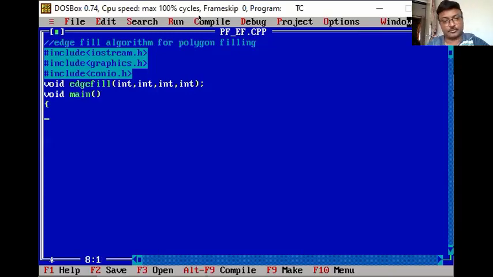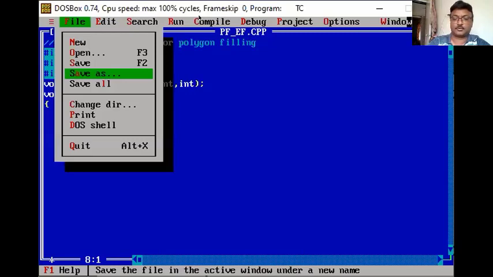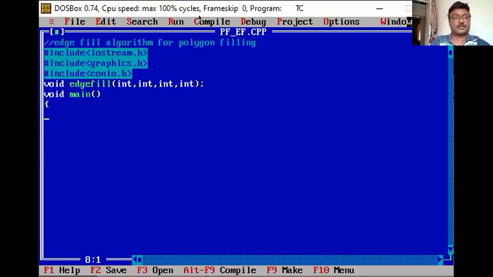So start using the variables for the graphics program. So always you have to consider gd equal to DETECT and then gm. Then I am using polygon, so consider here a 2-dimensional array, 2 by 2. Just as we took the array yesterday, the same array I am taking, so that you don't get confused. Then I suppose my loop, n is the number of vertices.